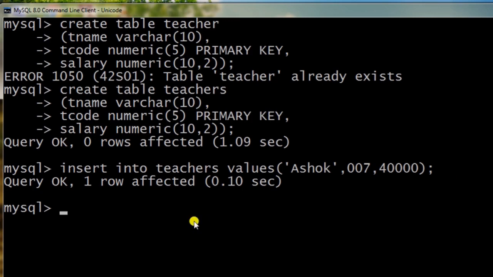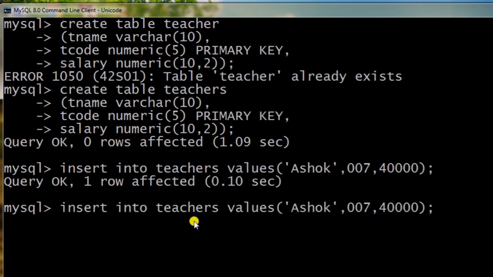Now let's enter 3 records. Again and again you have to write that same thing. No, just before that I told you, use the upper arrow key, and it will give you the previous command. Just change the values. Here I will write 50,000. Here I will write